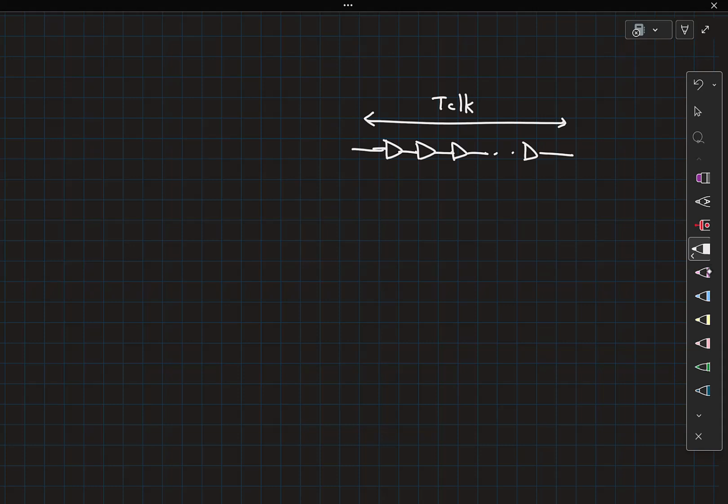So you can think about this delay chain as being a programmable delay line. So there is some quantity here which if you tweak, the delay is also varying. So you are looking at a programmable delay line.